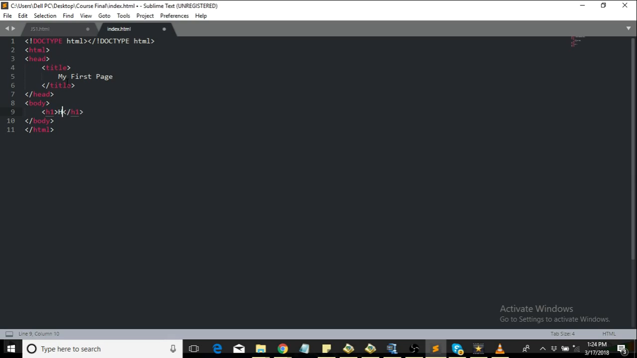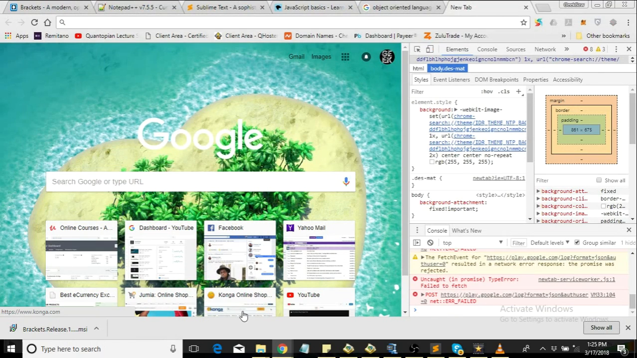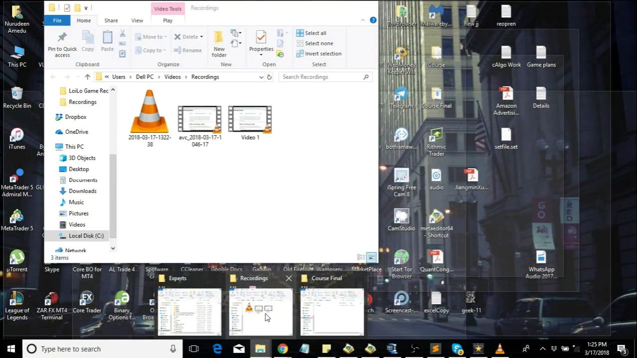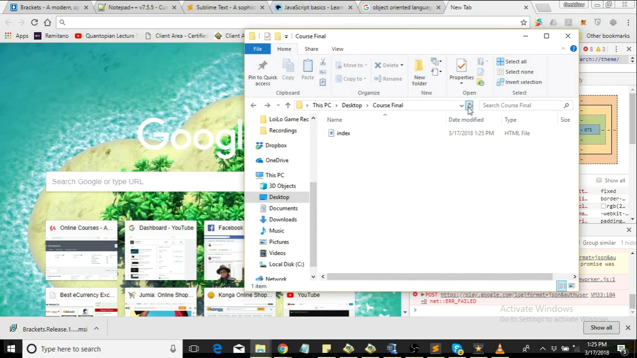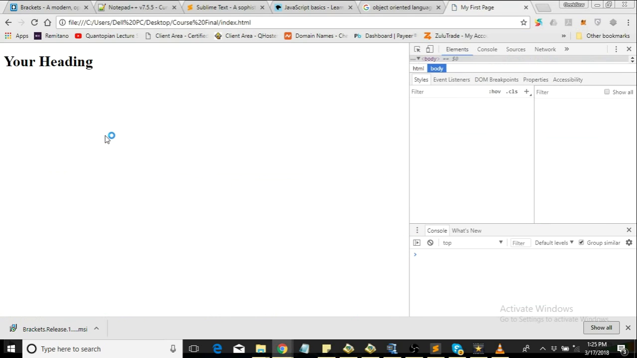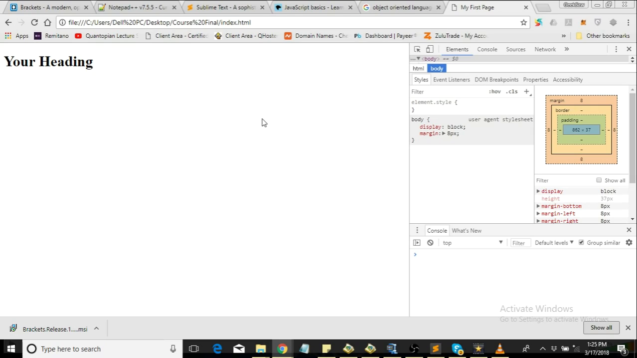Where I'm going to create a heading. The heading will say hello world, or your heading. Then let's save this and see it in our browser. I know some of you are familiar with HTML, but a basic understanding of HTML is enough to get through this. Now we pull index to our website and you can see your heading on our